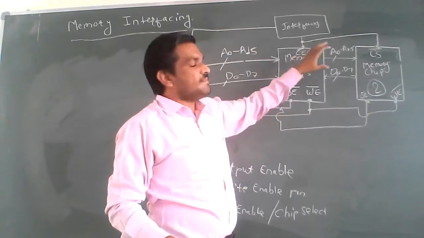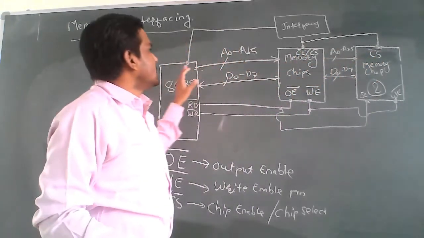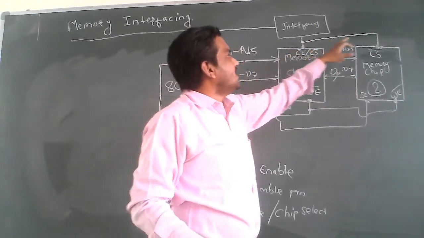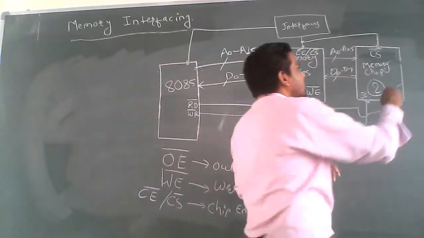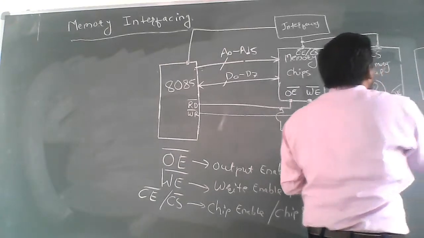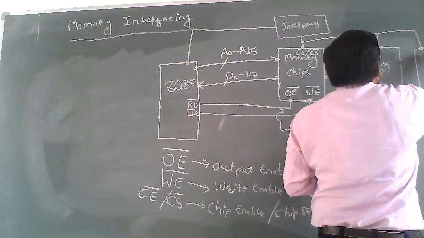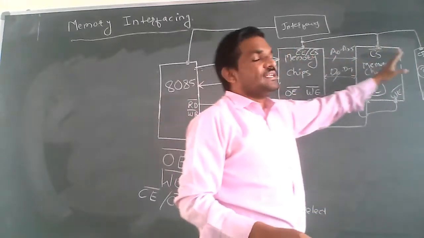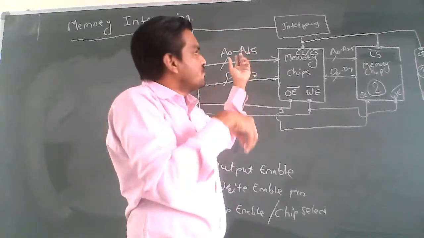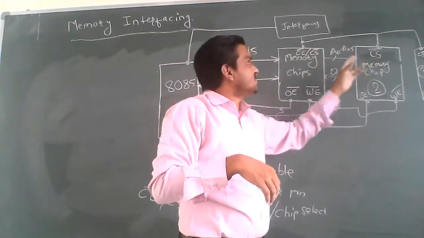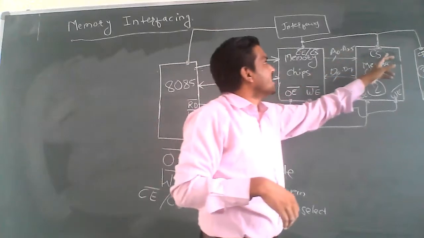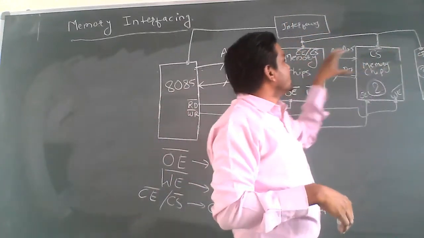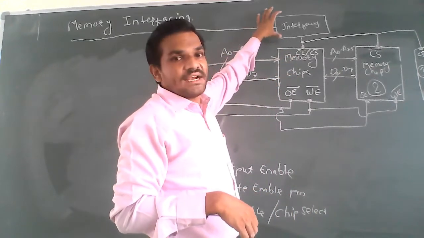That means our chip select or chip enable bit. What it does is use one chip at a time. We have multiple chips, and we can have another chip also, which is again connected to this CS bar. This is the third memory chip. Out of these three chips, which chip we have to select will be decided by your CE bar and CS bar, and this interfacing decides which of chips 1, 2, 3 should be selected at what positions.